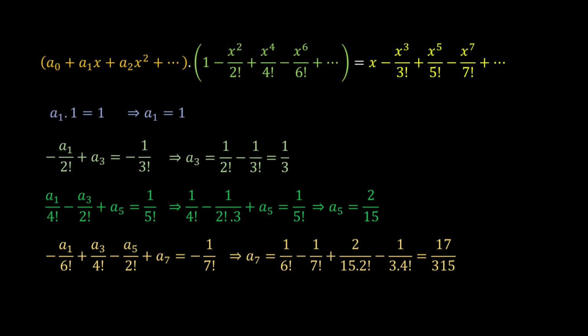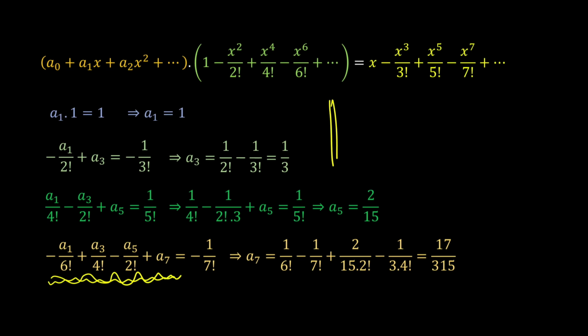And similarly, we get the value of a7 equal to 17 by 315. Now we are not getting a very eye-catching or common pattern in these values, but what we can do is